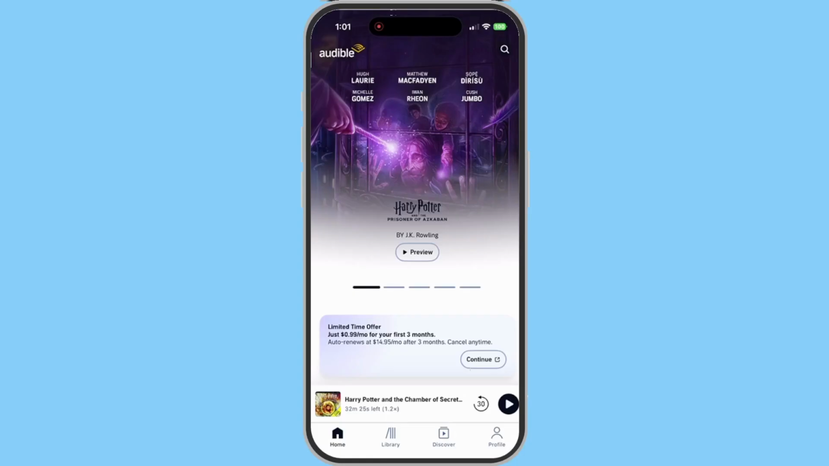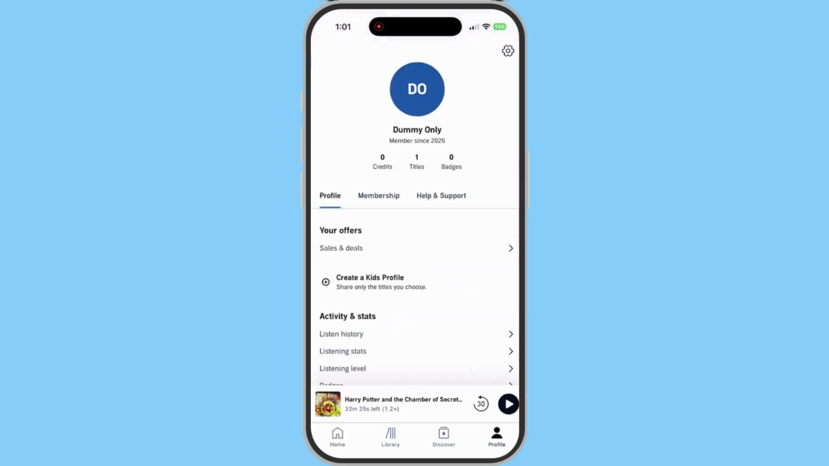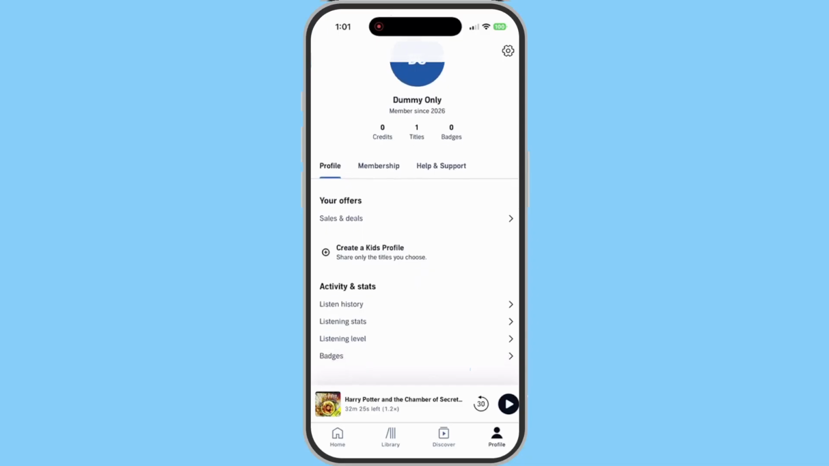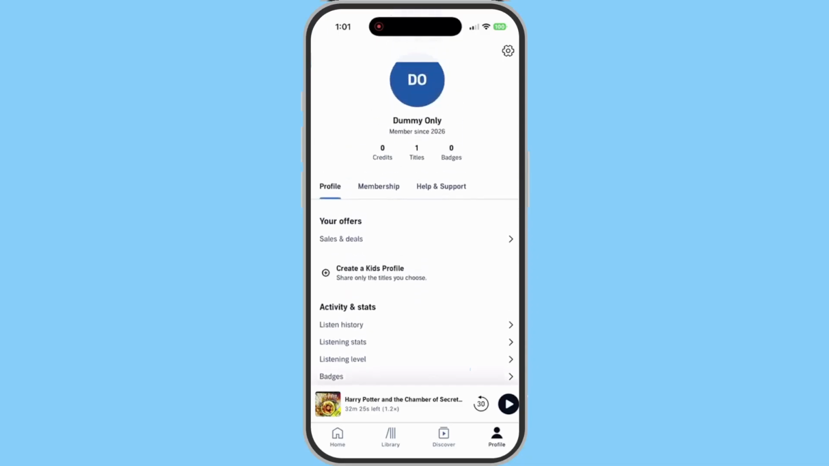Next, look to the bottom right corner and tap the Profile tab. It typically shows a person-shaped icon labeled Profile, and it sits alongside tabs like Home and Library. If you've been scrolling and the bottom bar disappears, scroll slightly up to bring it back. The Profile area is your personal hub, where Audible collects details about your account, your activity, and of course, your